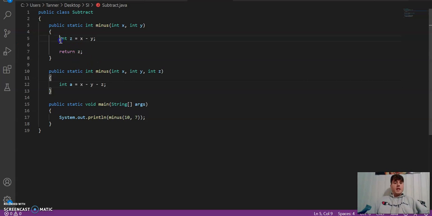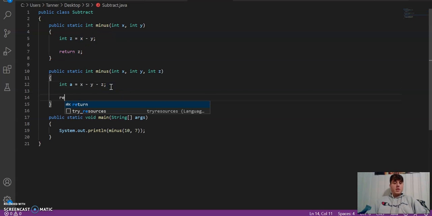Right? So you see here, our methods have the same name. They're both called minus, but they have different values within the parameters. So this one has 2 ints, while this has 3. So if you have 3 integers, that means you'll be subtracting 3 integers. So it'd be bad if the computer saw this minus and you had 3 integers here, and it got confused and used this method rather than this one, because you'd be missing out on a minus of one of these variables. So what I'm going to do is I'm going to put return a,